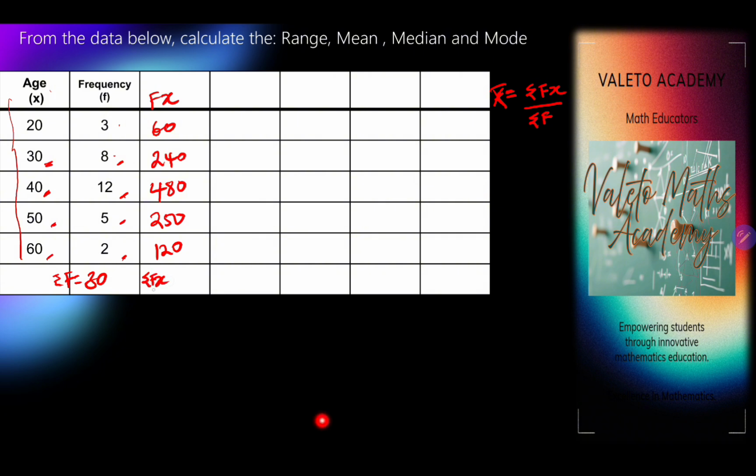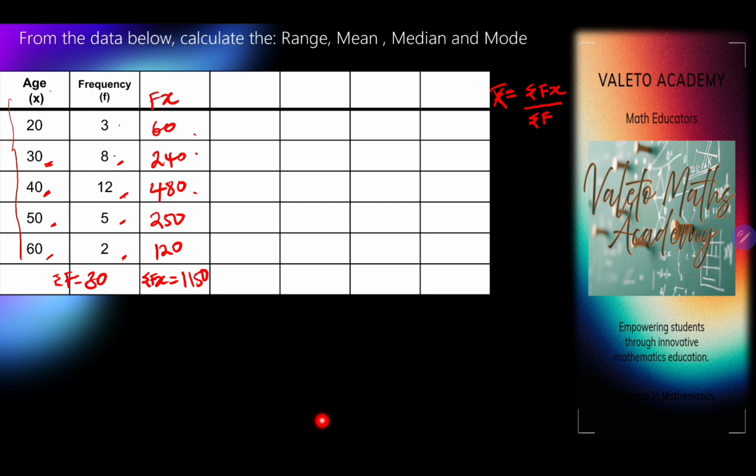So this sigma means total. If we have the total here, we're going to have 60 plus 240 is 300, plus 480 is 780. 780 plus this is 980, 1030, 1050, 1150. You're welcome to use a calculator if you are comfortable using one, but I believe we'll also get